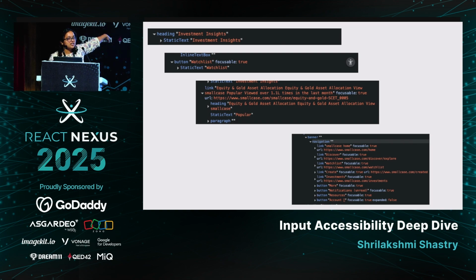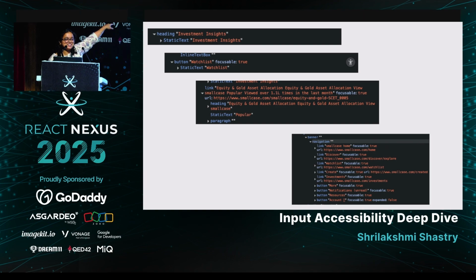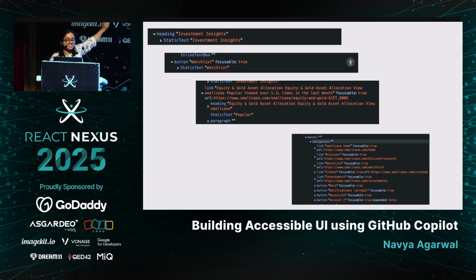Here I have provided some of the HTML5 semantic tags and how they look in the accessibility tree. The first one is the heading tag. The second one is button. Pay attention to the focusable attribute. If you build a custom button using a div, make sure that this also comes up in the accessibility tree. The third one is the anchor tag. The last one is navbar.